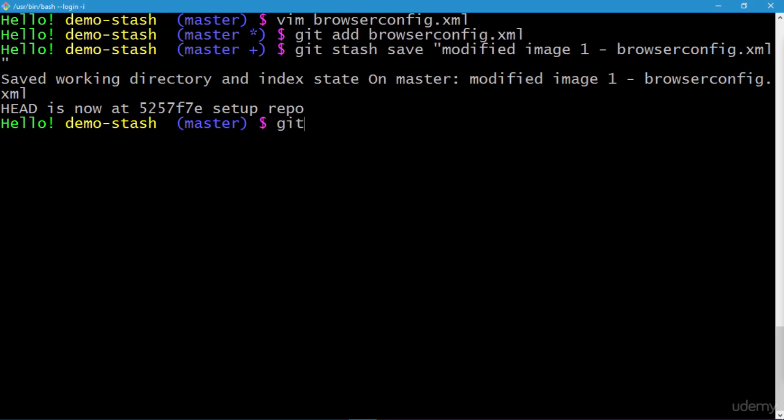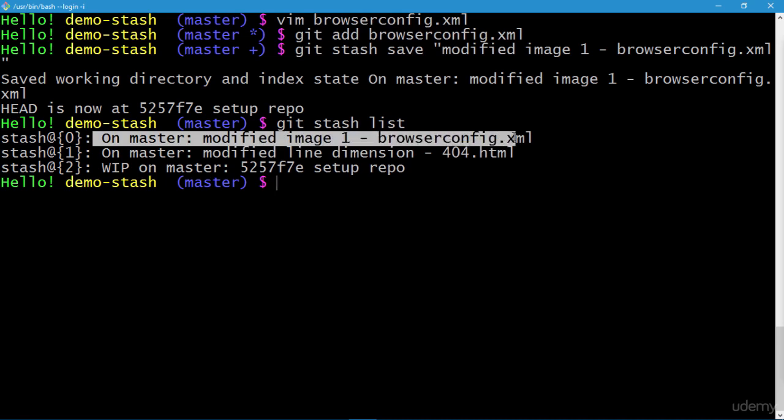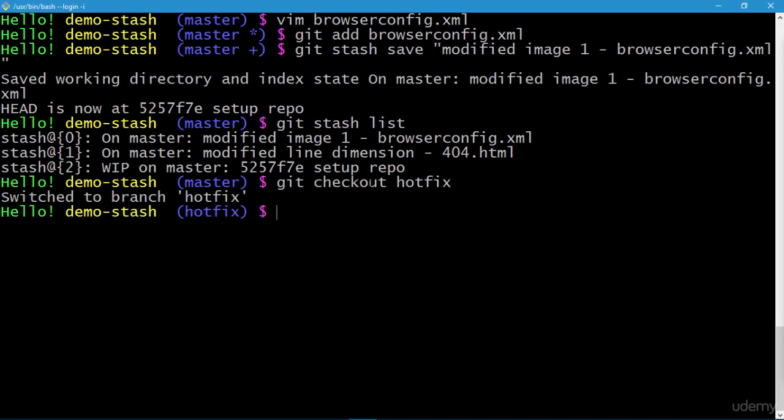And let's check our stash once again before we switch back to hotfix branch, git stash list, and you can see our latest stash is on browserconfig.xml, easily identified by the message that I added while creating the stash. So let's switch back to hotfix branch using git checkout hotfix, press enter, and we'll again have a fix on